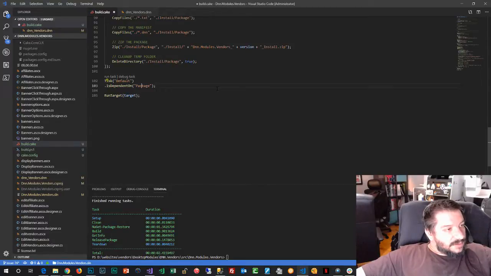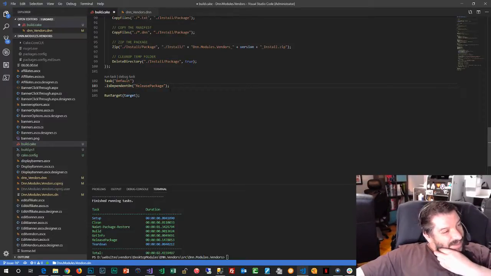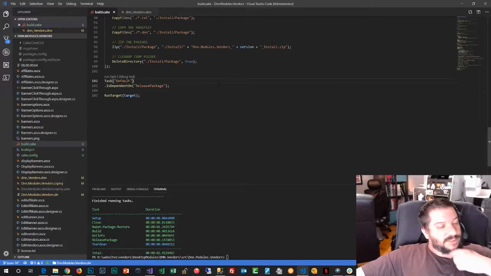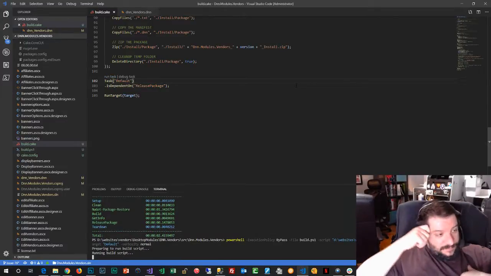Oh, you know what? I'm gonna have to adapt the dependencies for the tasks a little bit, because at some point I want to do something different if we're in debug or release. But for now, I'm gonna use Cake just for the release. So let's do it this way. So now if I run the default task,